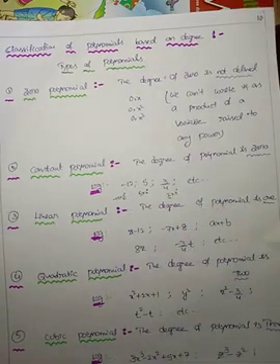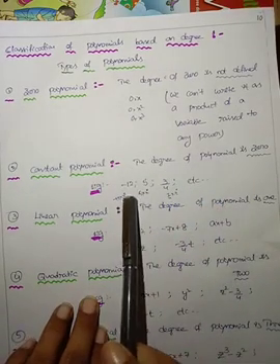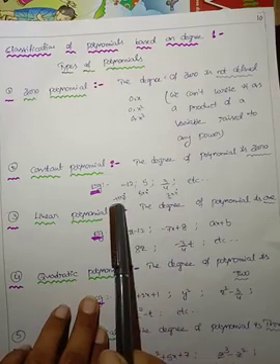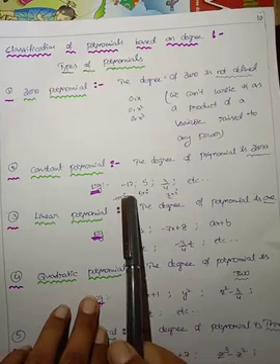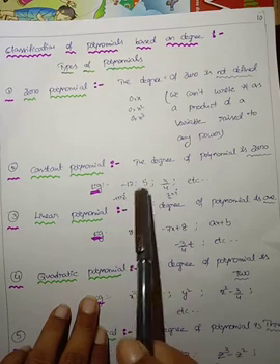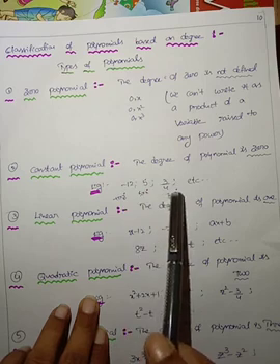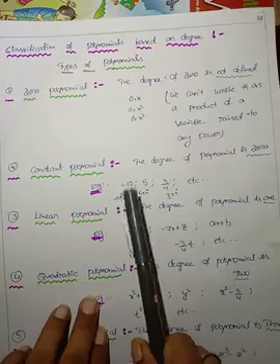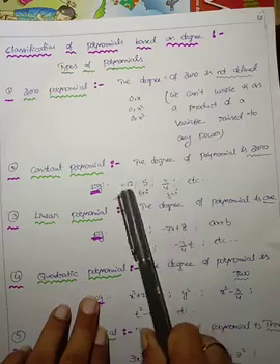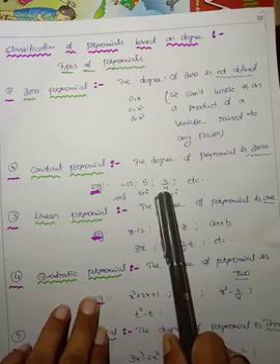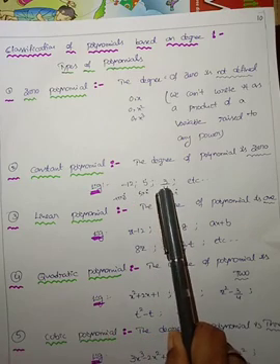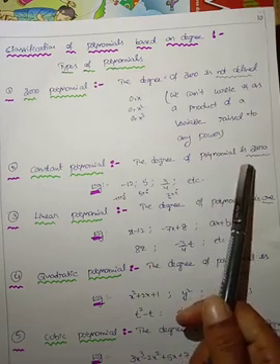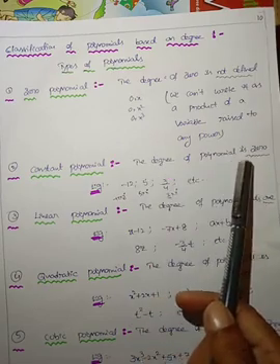So we have to write it like this. Y power 0 value is 1, x power 0 value is 1, z power 0 value is 1. Again, -12 into y power 0, -12 into 1 is equal to -12. 5 into x power 0, 5 into 1 is equal to 5. 3/4 into z power 0, z power 0 is also 1, so 3/4 into 1 is equal to 3/4. This means all the constant terms have degree 0. The degree of the polynomial is 0.